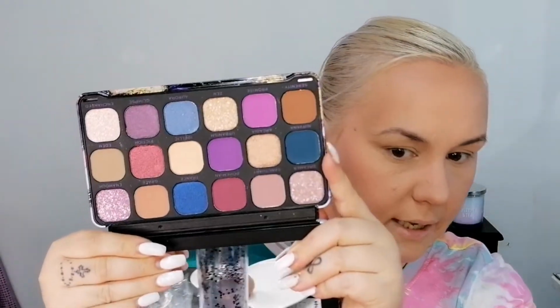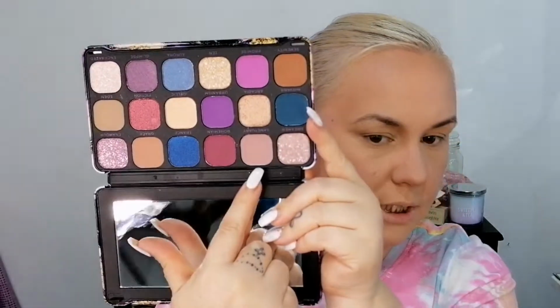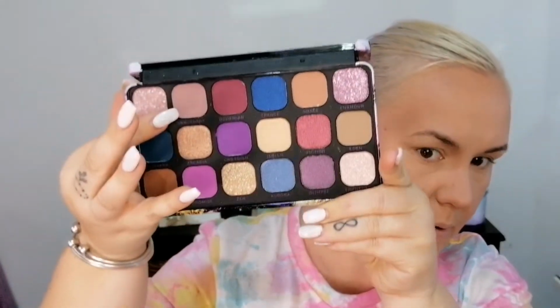Anyway, let's jump to the eyeshadow and let's try out this Makeup Revolution Forever Flawless. I'm going to go in with some colors today. I think I'm going to take this color right here, which is like a mauve brown with a little bit of purple and pink in it. It's quite an unusual color, and I'm just going to pop that in the top half of the crease with